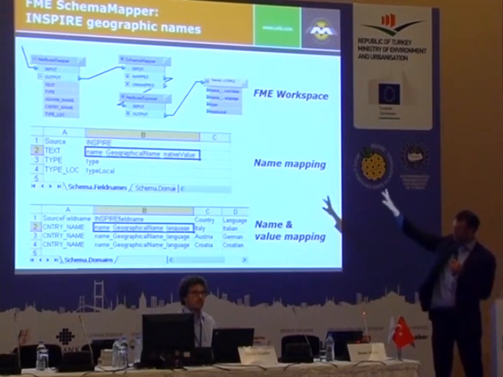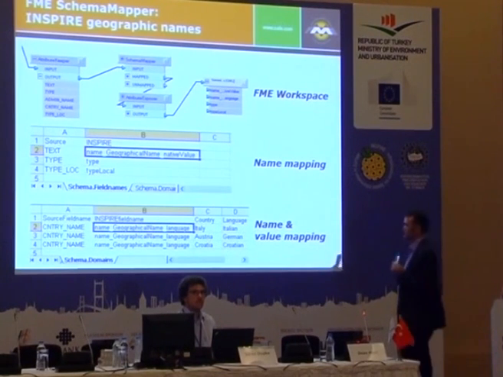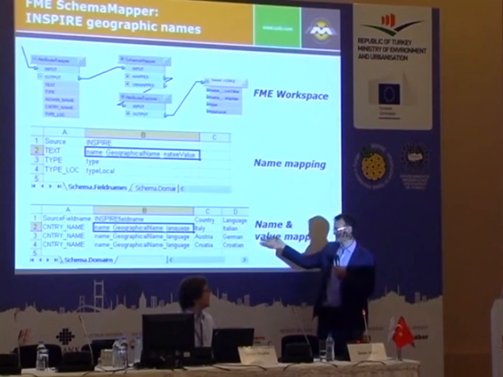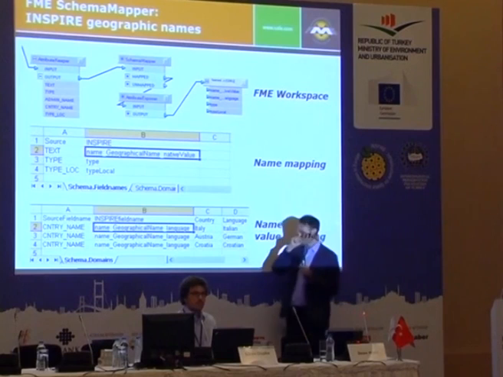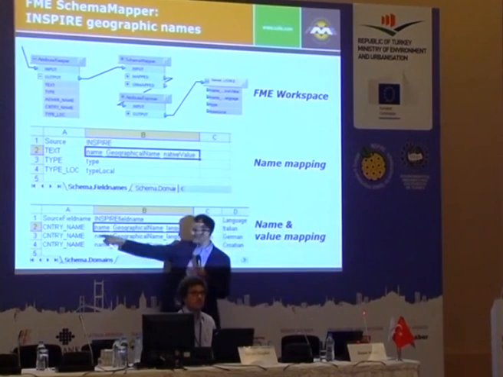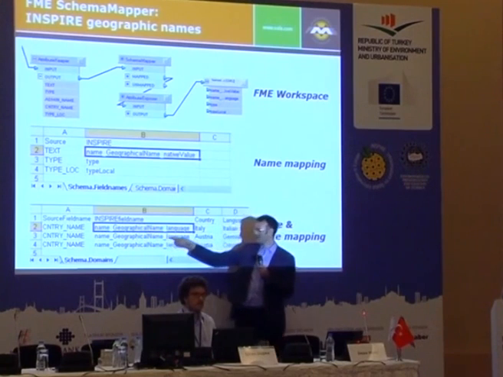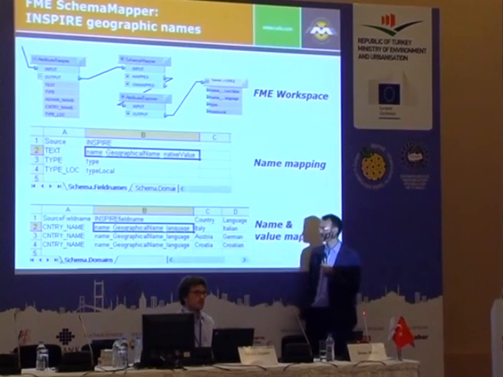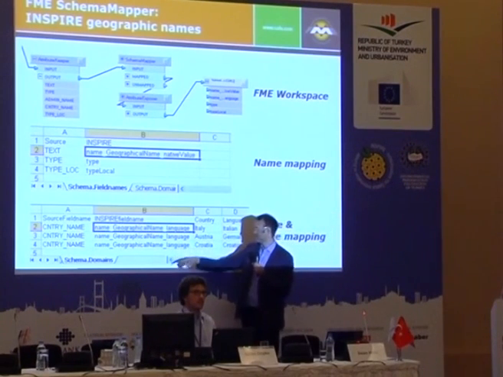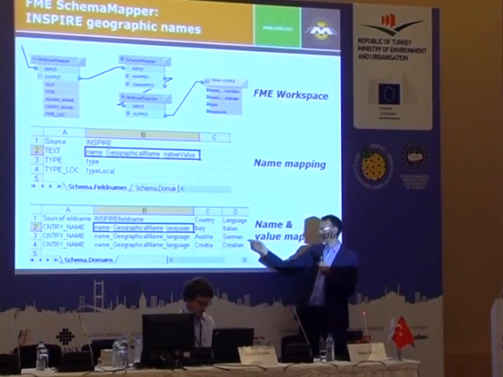They just enter the values, and the software figures it out. And this is what I mentioned earlier, the conditional mapping. So you can get a little more sophisticated. You can say, if the country name is Italy, create a field called geographic name language and set it to Italian. And if the country name is Austria, create a field called geographic name language and set it to